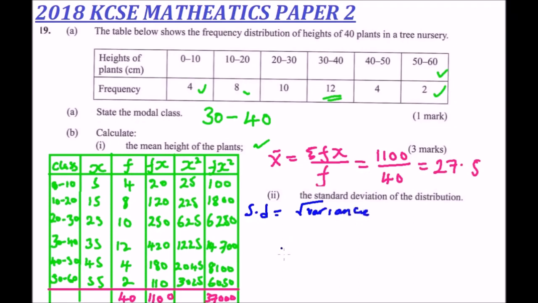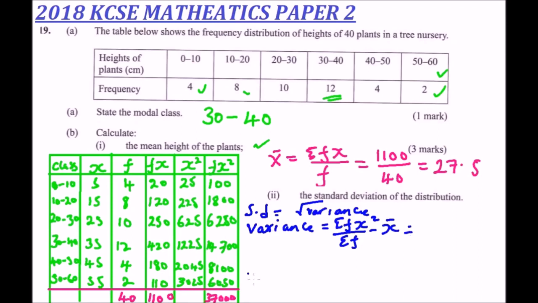You learned that in Form 4. So we need to get the variance, then we get the square root. So variance is equals to summation of fx squared divided by summation of f minus the mean, that is x bar, and this is equals